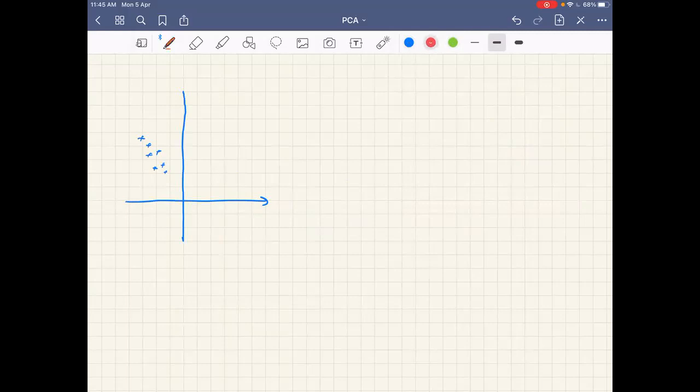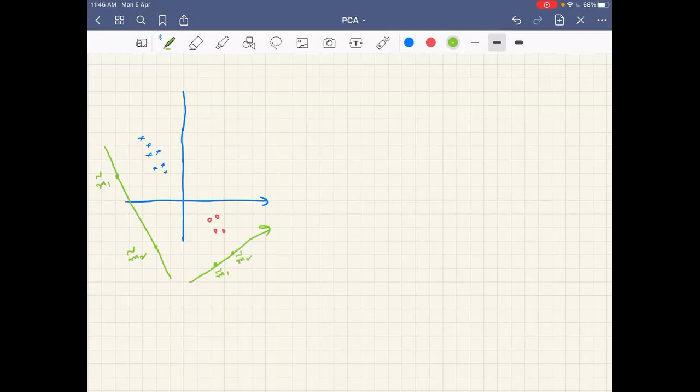So I'm sketching the samples now. Okay, so these are the samples now. I can project onto any direction, right? So I will project onto this direction. Here, if you see the mean, if these are all class 1 samples, M1 tilde is here, and M2 tilde is here. So the mean difference is very high here. If I project here, this is M1 tilde and this is M2 tilde.